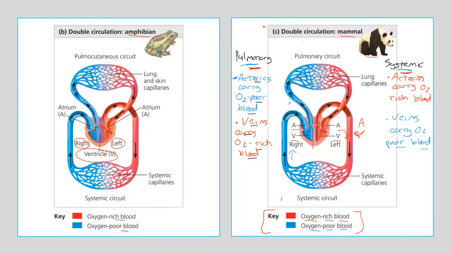Well, amphibians have 1 atrium, another atrium, and they have a ventricle, just 1 ventricle. This ventricle is going to pump both oxygen-rich and oxygen-poor blood. Okay, and that's not very efficient because, I mean, why do you want to be pumping dirty blood, right, to the rest of your body? But anyway,